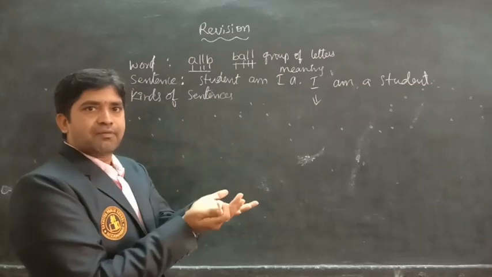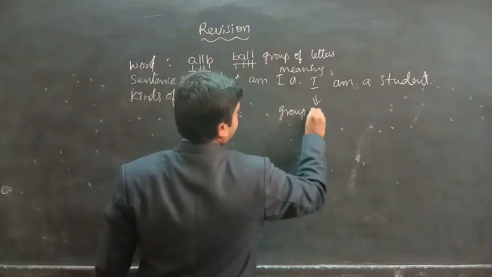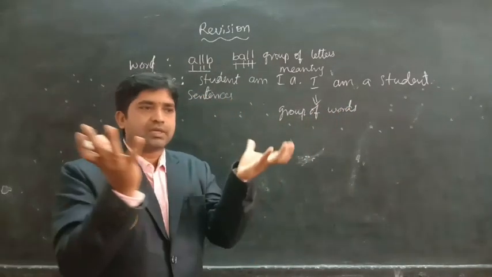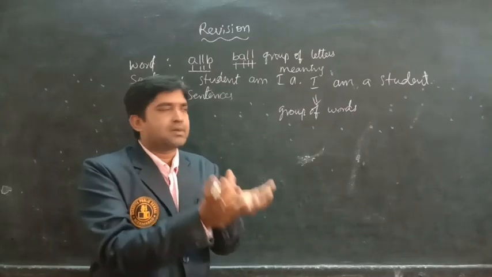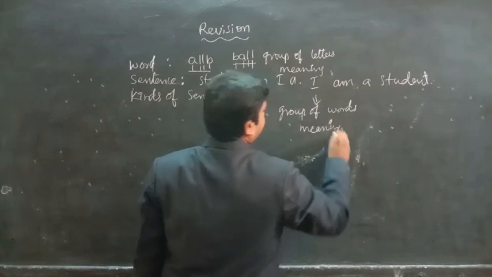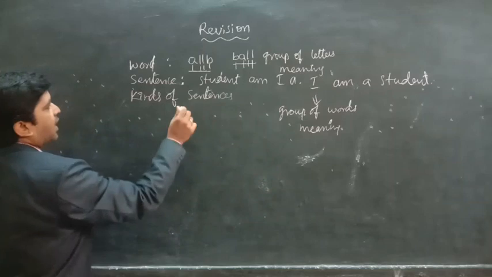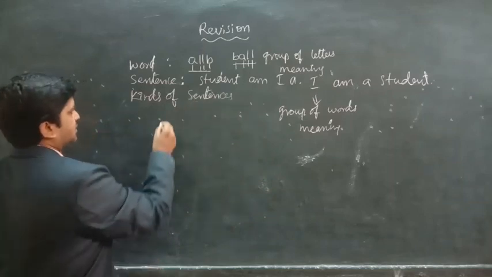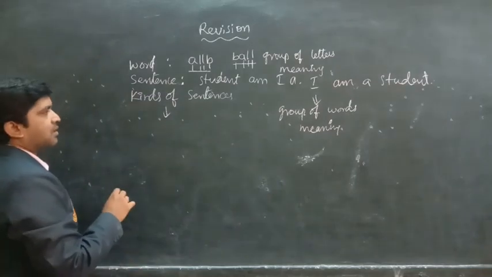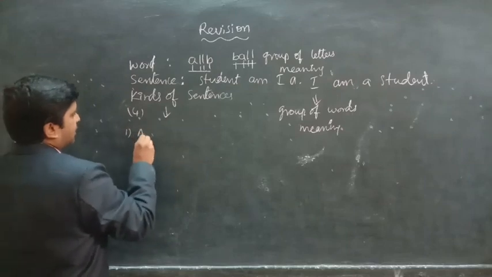In the same way, a group of words which come together and give some meaning is called a sentence. Here we have kinds of sentences. We have 4 kinds of sentences, as we learned in the previous classes. They are